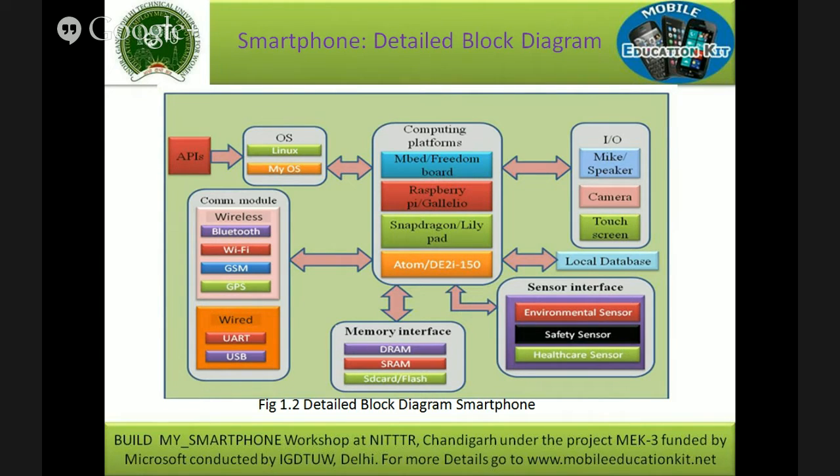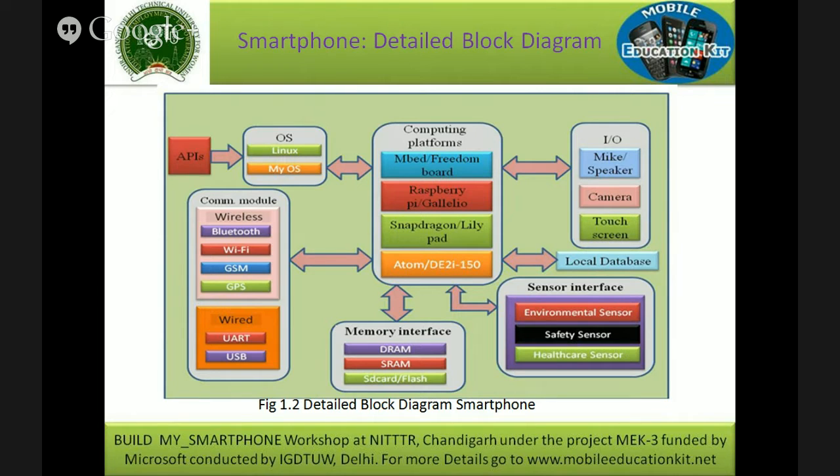Among these, for my smartphone, I need a little more flexibility in terms of computational aspects and in terms of various IOs. So based on the IOs, the processor speed and the cost, I have chosen the Raspberry Pi to be the right platform, and I'm not going to discuss other platforms because of the content. However, offline, I can discuss other computational platforms that are available. So among some of them, I have chosen the Raspberry Pi as the basic computer platform for building my smartphone. Let us do that.